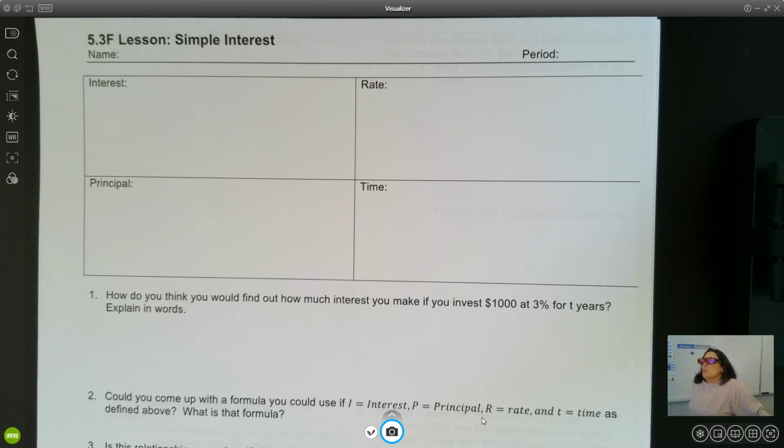Say that you want to buy a car and it's $5,000, but you don't have $5,000, so you get your rich grandma to loan you 5,000 bucks. But grandma says to you, I'm going to teach you a little bit about real life and I'm going to charge you a little bit of interest on this. So grandma would charge you a certain amount of interest just straight up for you to pay on that